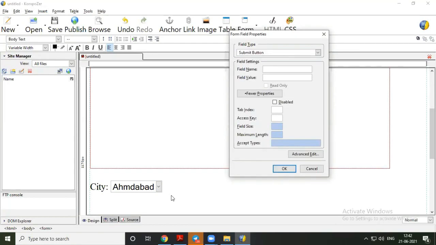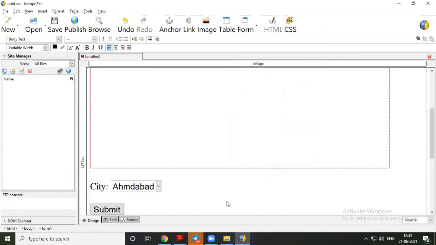So submit button, field name is for example submit, field value is what the text that is visible to the user. Field with capital S and submit. So you can see that on the button capital S is visible. Same way now insert